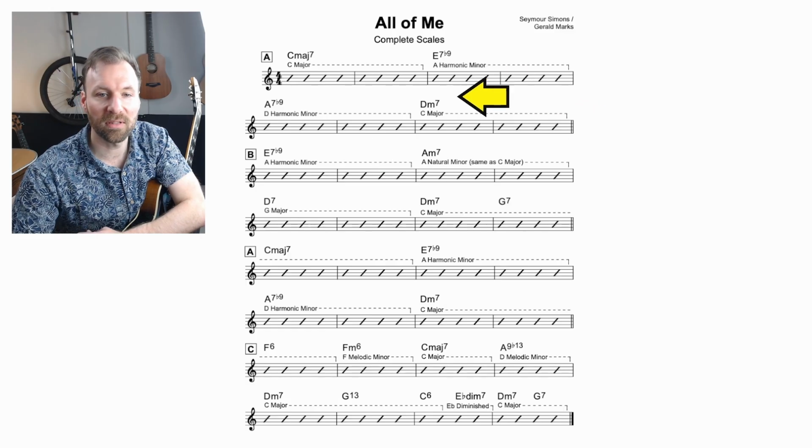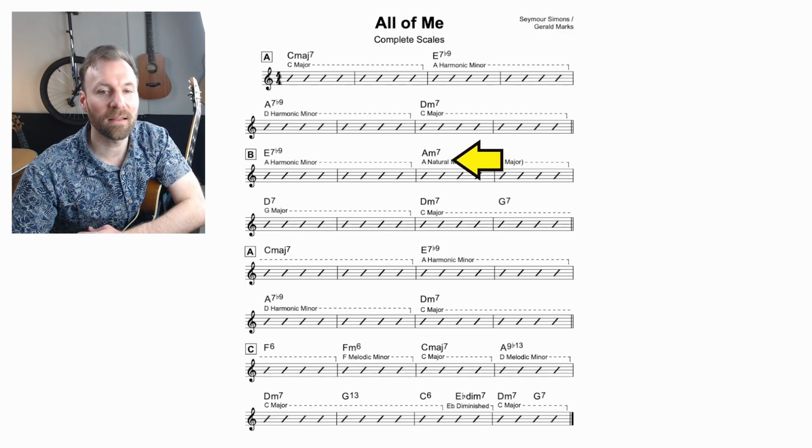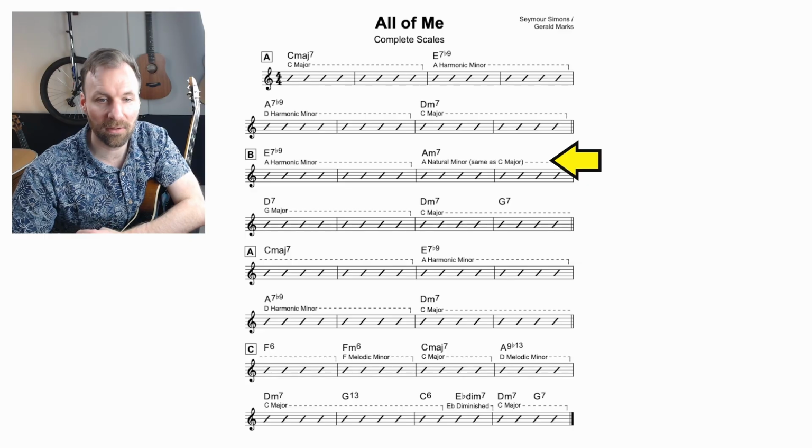Then we go to what's happened here again, E7, A harmonic minor. This time it doesn't psych us out. It actually delivers on landing on the actual A minor. You could think of that as A natural minor or C major. Those are the exact same scales as each other. They are modes of each other. That's what a mode is.